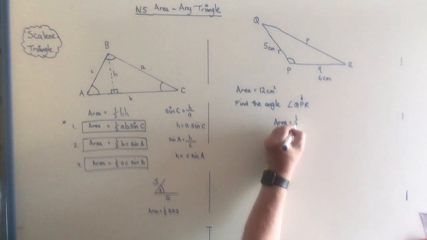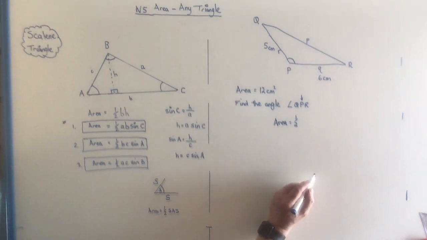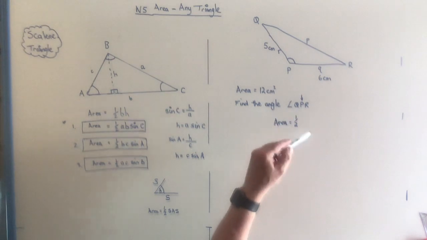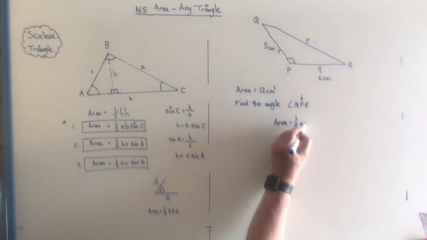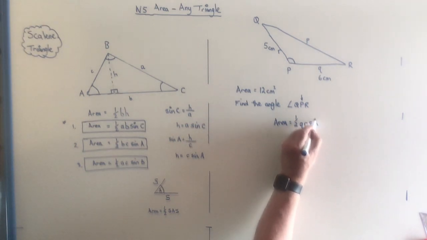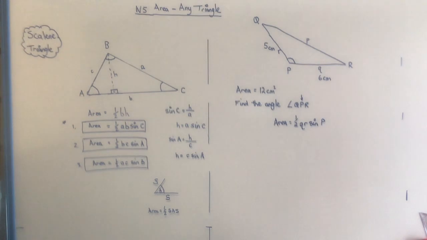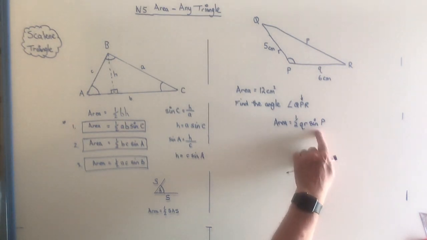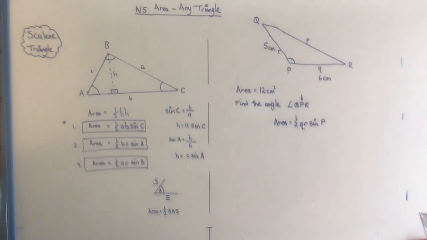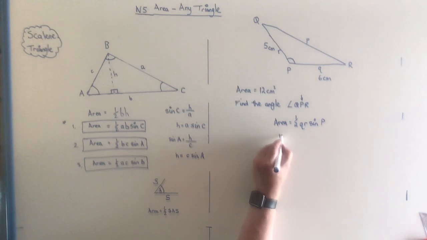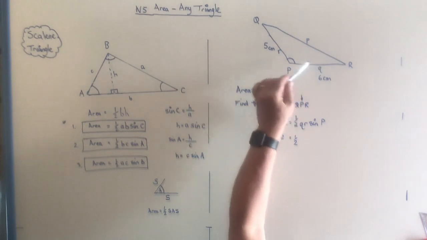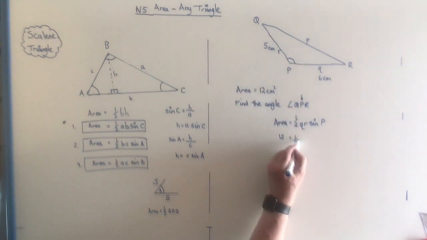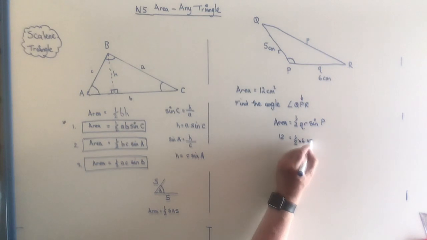a half. Now in this case, because it's not A, B and C, you've got to make sure you use the right letters. So that's going to be a half Q, R, sine P. Okay, and we're trying to find P here, sine P. Sorry, so we're trying to find P, not C. So let's put in the information that we know. Well, we know that's 12. Area's 12. A half, we know what Q is, remember. Finding the area when it's side, angle, side. So that's going to be a half times 6 times 5